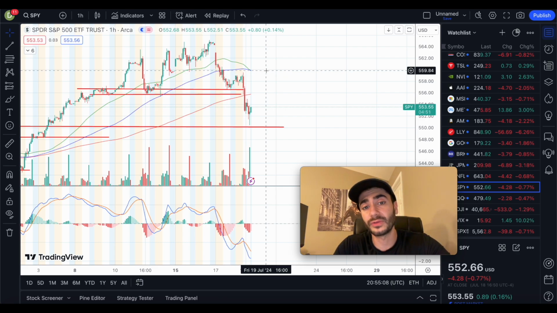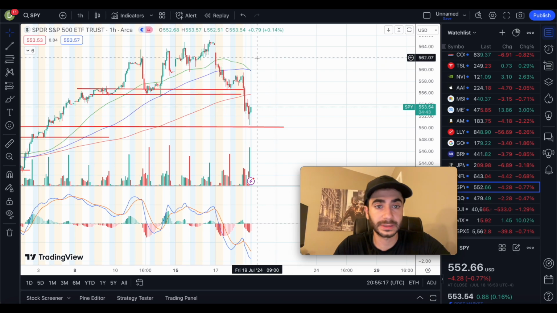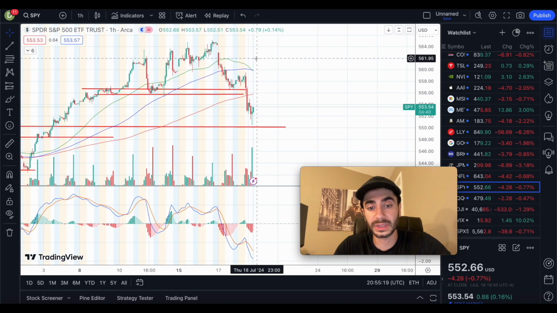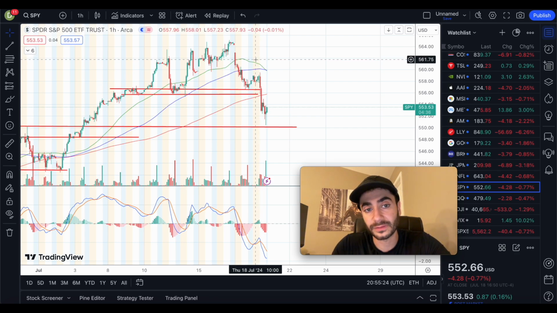And you can see the moving averages hitting at the 559 and some change as well. So the 559 and some change and 560 is going to be quite difficult. If we pass that, then we go to the higher zones. I just don't think, given the direction of the S&P, the MACD line, what it's showing, and then there's nothing really to change the market to the upside fully. I don't think we're going to go higher, but if we do go higher, you're looking within the zone of